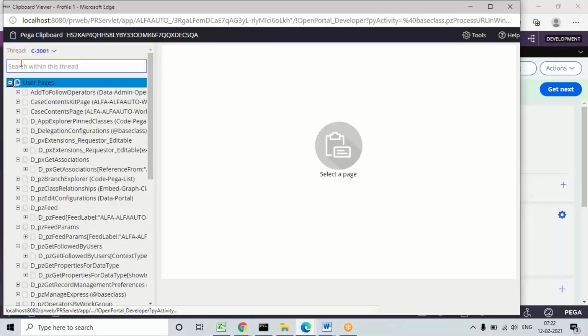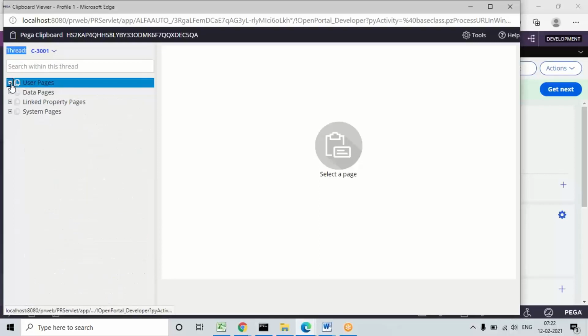In the clipboard, first of all, what is the work id? You can see it in the thread. The thread is also nothing but the work id value. Yesterday I told you work id, case id, transaction id, thread id, pyd. Anything we can use, I said, right? So when you run the transaction and open the clipboard, you can see the latest thread number. I cannot access the old numbers, only the latest thread information. Only we can see it in the clipboard.